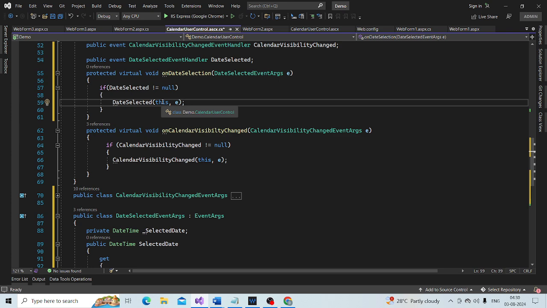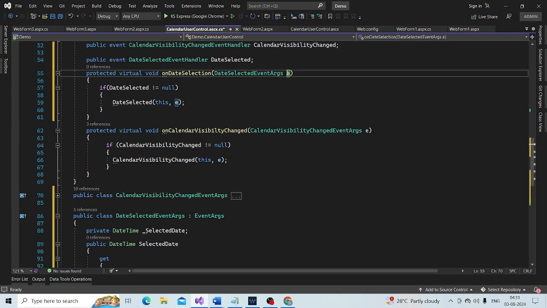And then obviously we need event data as well, and event data is coming into this method as a parameter. So I am going to use this E here.